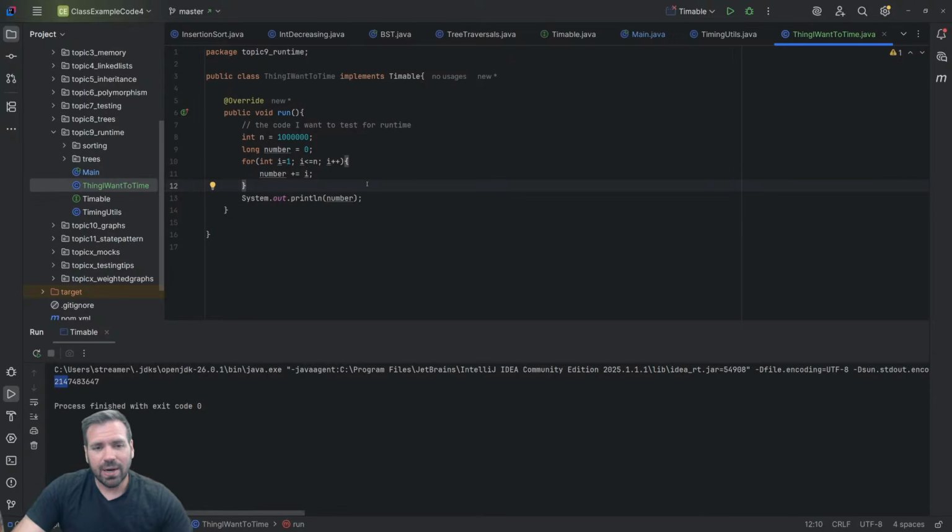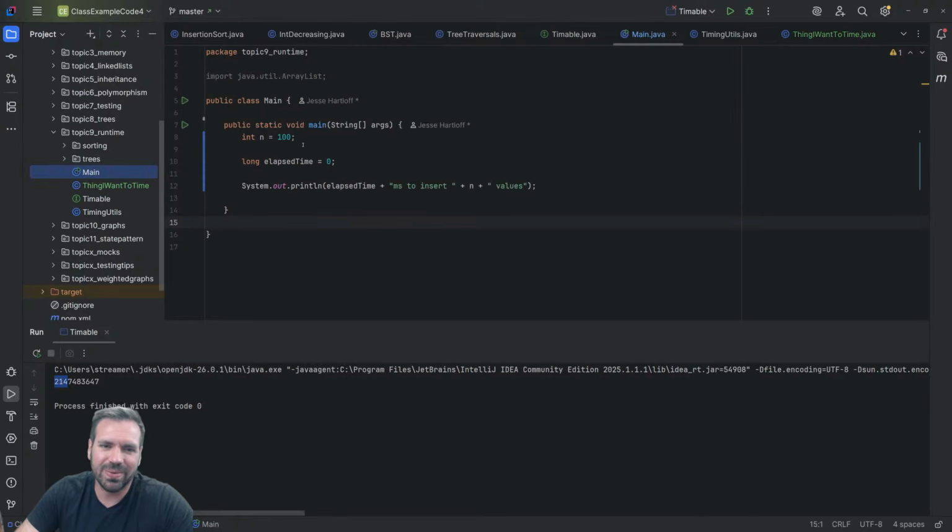Not going down that rabbit hole right now, but that's why I have long here, because I thought for a moment I might overflow. Actually, I don't know. We'll find out when we run the test. We're about to run the code, so whatever. We'll figure it out. And then what I need to do,